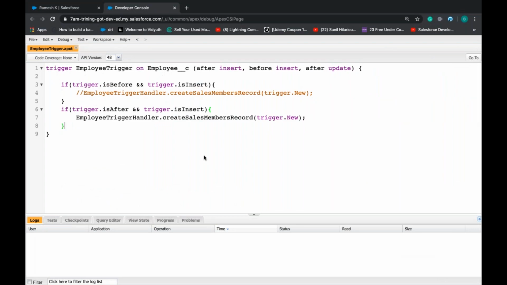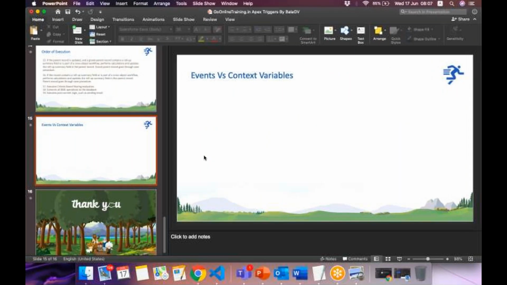So we have four context variables which have records, right? New map, old map.